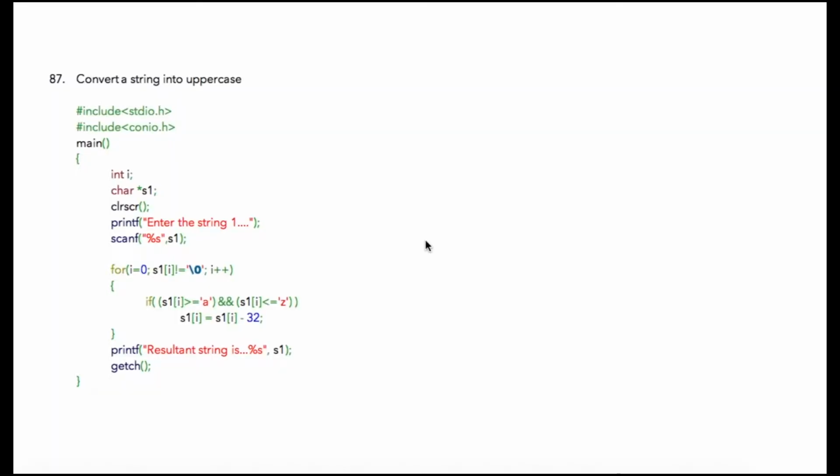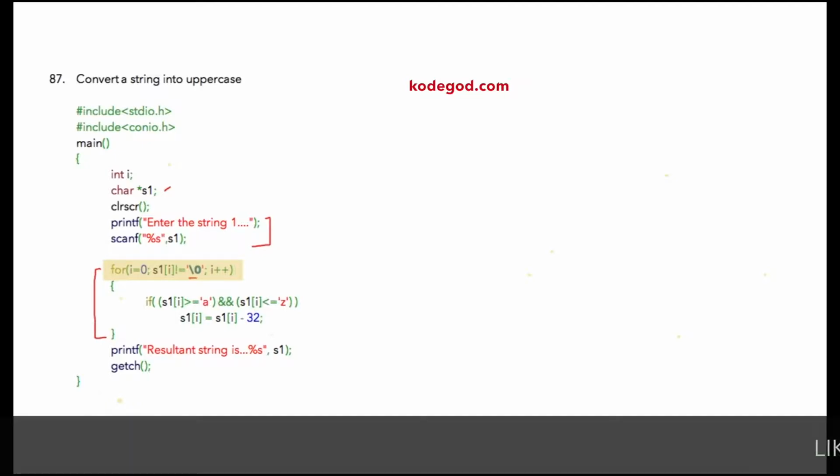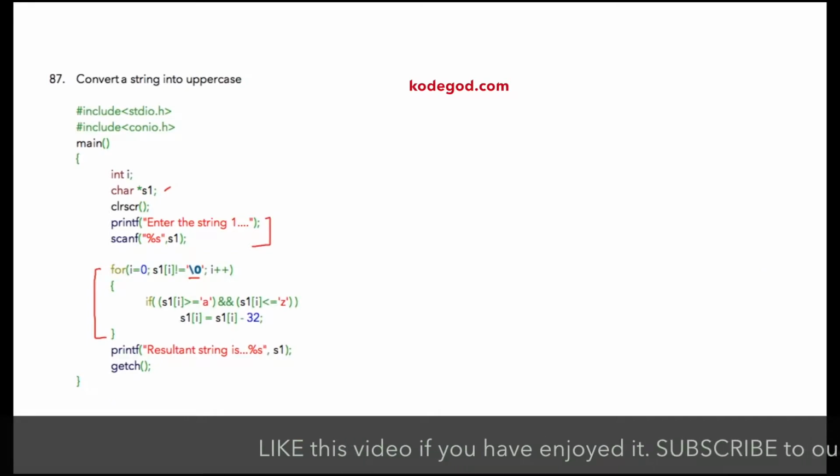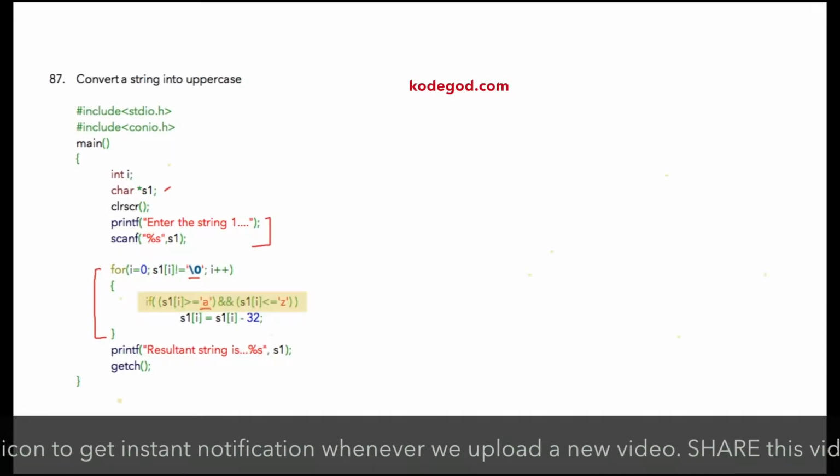In the next program, we are going to convert a given string into uppercase. So I'm using s1 as our input string. I'm asking the user to enter s1 over here, and then I'm going to loop through s1 completely, starting from 0 till I reach the null character or \0. And then for each character, I'm going to check whether that character is greater than small a or less than